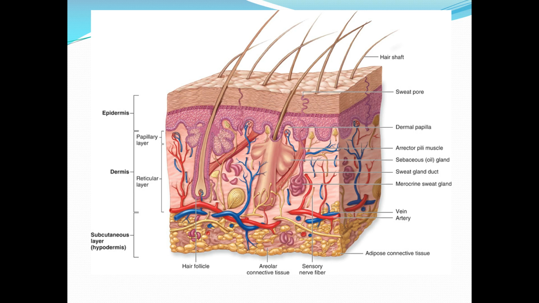Integumentary system consists of skin and its appendages. First we will see the types of skin. There are two types of skin, thick skin and thin skin. Then we will see the structure of the skin. Structure of skin consists of two layers, epidermis and dermis. Epidermis, the superficial layer, consists of keratinized stratified squamous epithelium, and dermis is the deep layer of connective tissue.